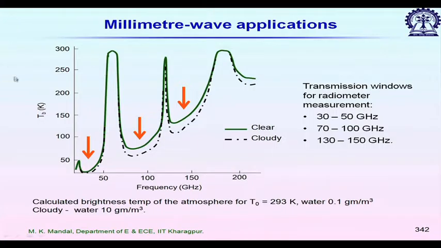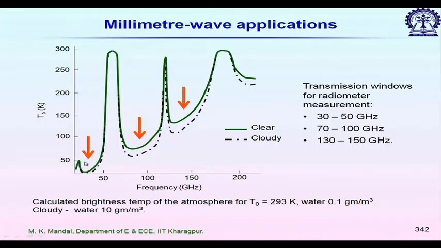So, we have an effective brightness variation versus frequency. This curve shows the calculated brightness temperature of the atmosphere for T naught equal to 293 Kelvin, when the water content in the atmosphere is 0.1 gram per meter cube. One curve is for clear condition and the second curve, black dotted, is for cloudy condition. A cloud is defined as 10 gram per cubic meter. So, you see the effective brightness temperature is quite high at 60 gigahertz due to oxygen resonance, and